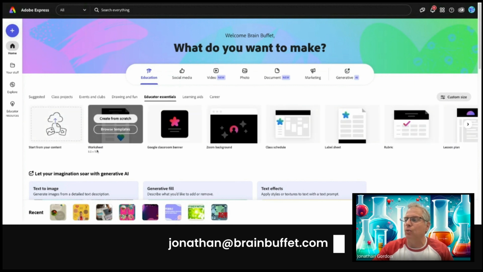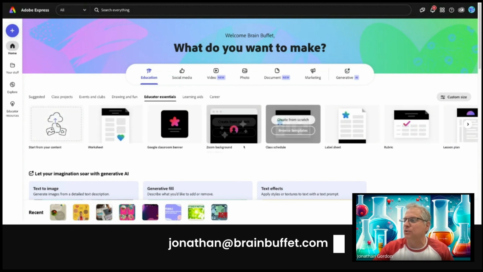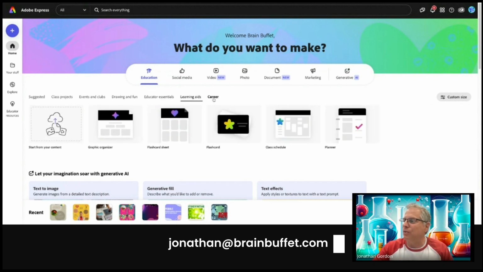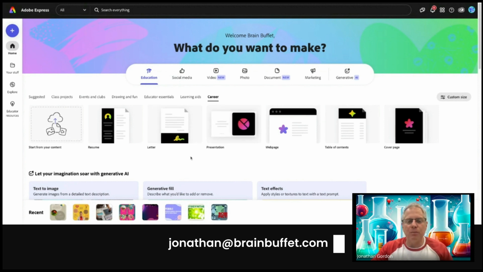You can see that there are worksheets, class schedules, Zoom backgrounds. You have label sheets, rubrics. It has almost everything here. And you have different learning aids and careers. There's so much you can learn in Adobe Express. Now, I can spend so much time going over all of this, but I wanted to let you know how